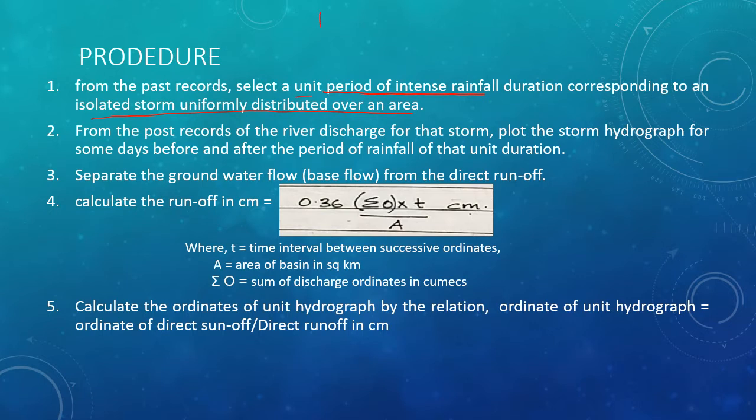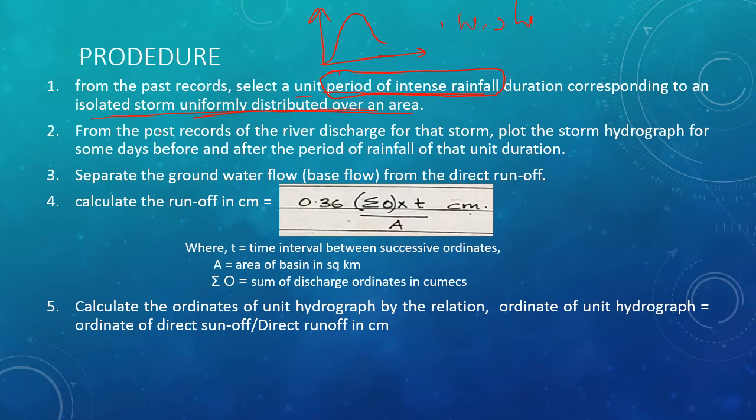We know for the hydrograph there will be a unit period which will be decided by us while constructing a unit hydrograph for a catchment, and that unit period can be 1 hour, 2 hours, or any duration that is chosen by us. That is usually chosen as a period of intense rainfall that is observed in that particular catchment. Also, we are assuming that the isolated storm is uniformly distributed over the given catchment.